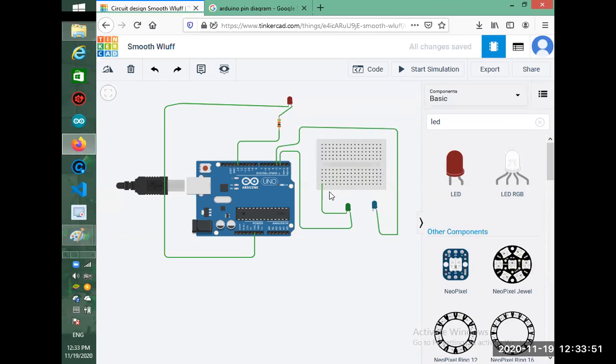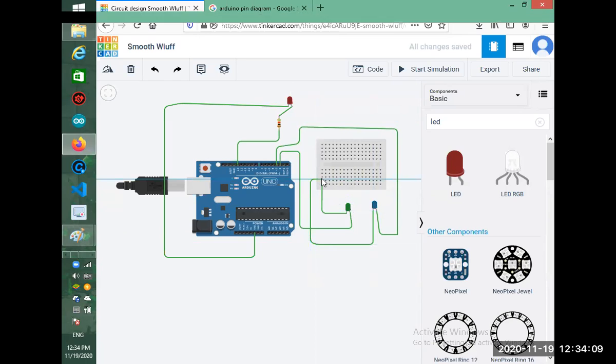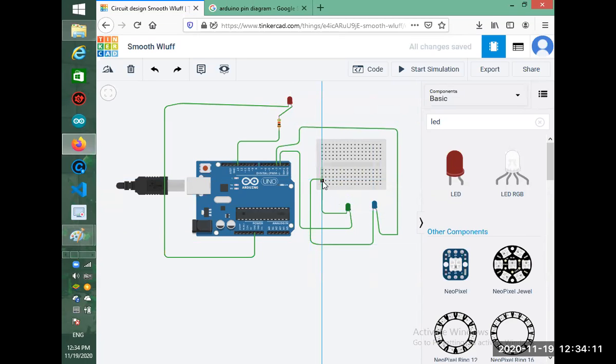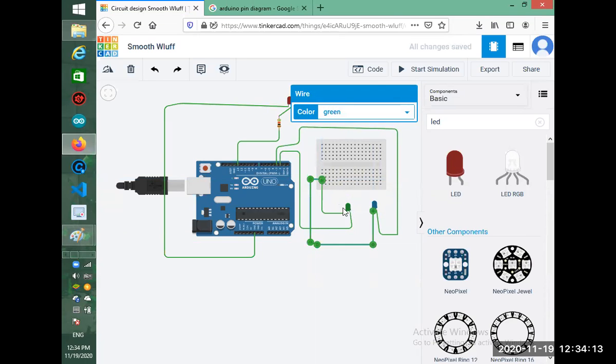And now we'll connect this ground. I have connected this first LED terminal with this point and the second with this point.